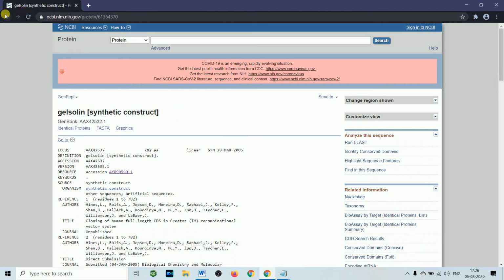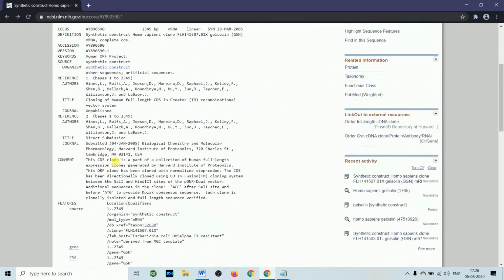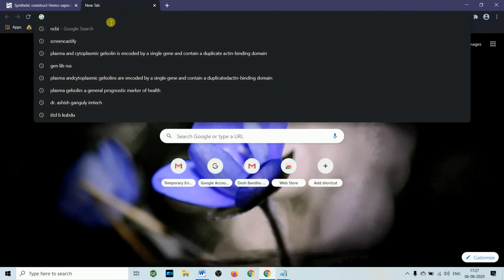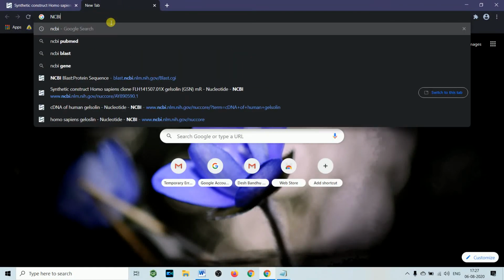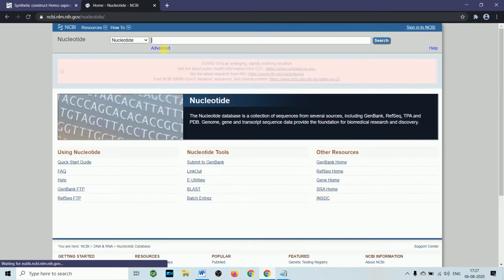So what else you can do with this? Suppose you have accession number. So we'll just copy the accession number from here, this one, and open a new NCBI. Nucleotide sequence you require.